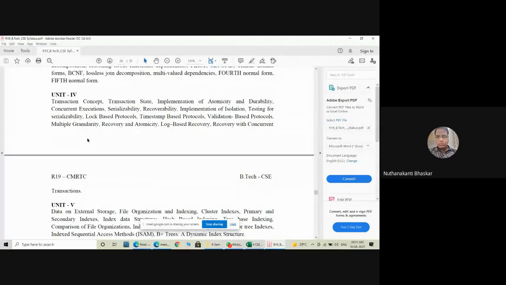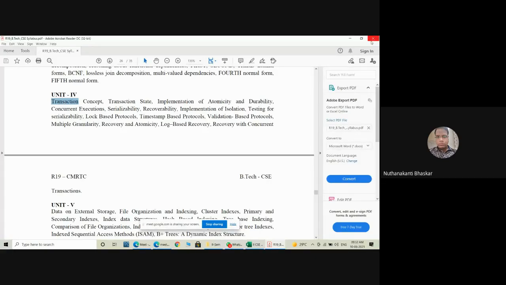Yeah. Based on these topics, can anyone tell any idea on this fourth unit? No idea, sir. Okay, then I will tell you after reading this. Here, at least one term you can understand: transaction. This term, maybe you can understand, right? In our daily life, we use this word in so many cases.